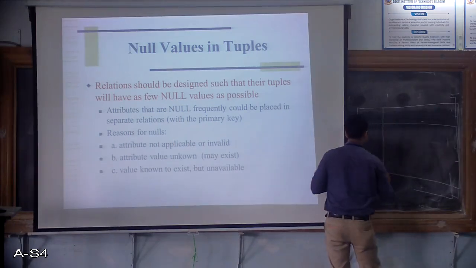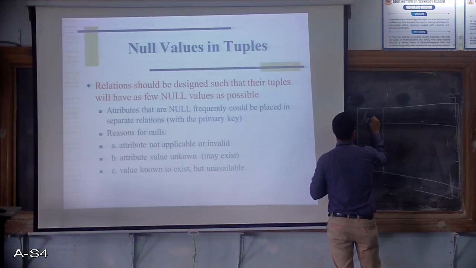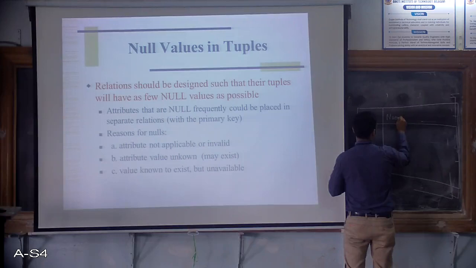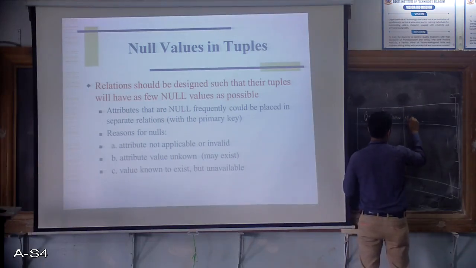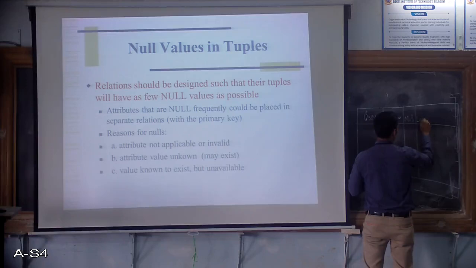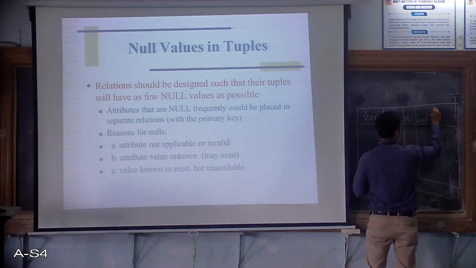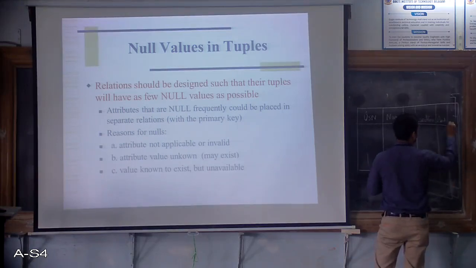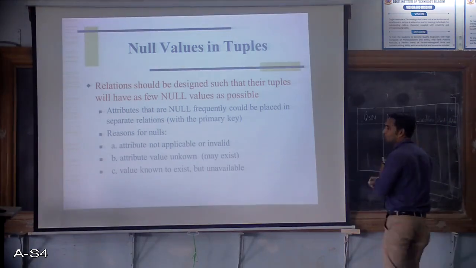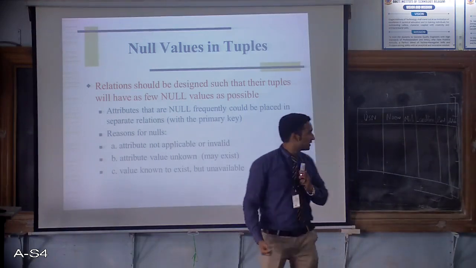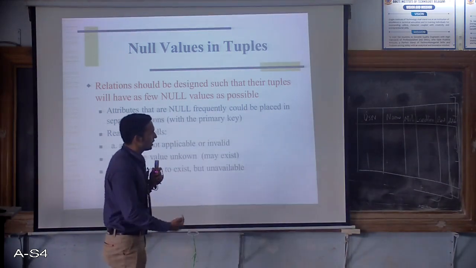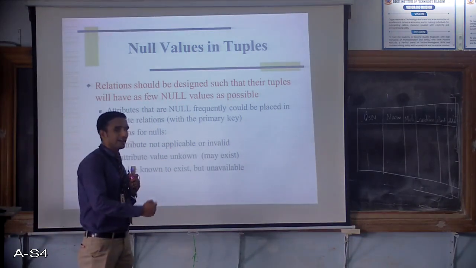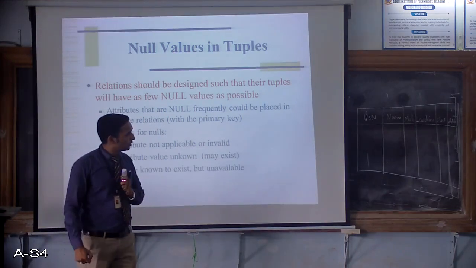Okay, I'll just take one simple example. I'll say employee number. Okay, I'll say USN. I'll say name. I'll say their mobile number. I'll say their landline number. I'll say their parents number. And I'll say something known as Aadhaar number. Assume that you are populating a table which has USN of the student, name of the student, mobile number, their landline number, parents number and their Aadhaar number.